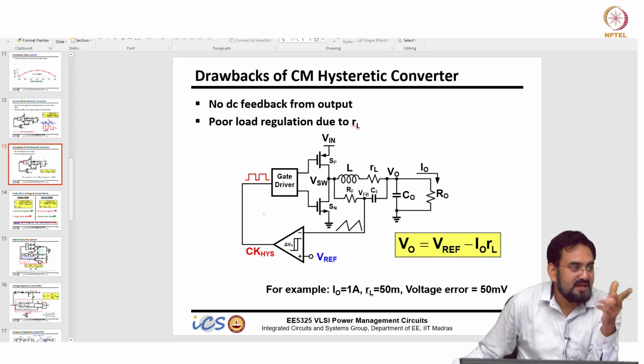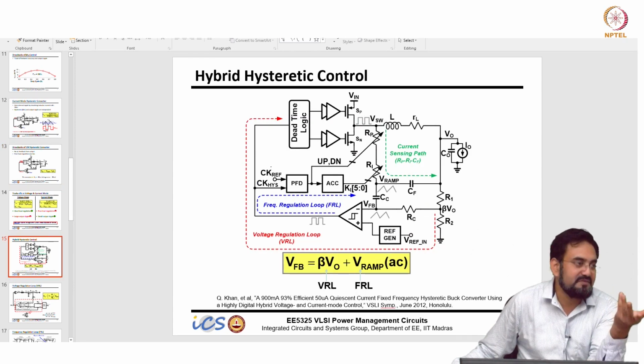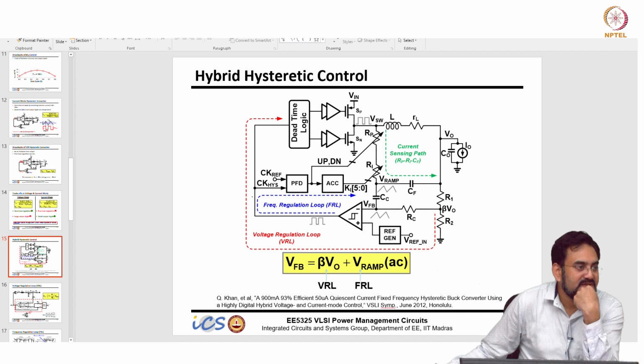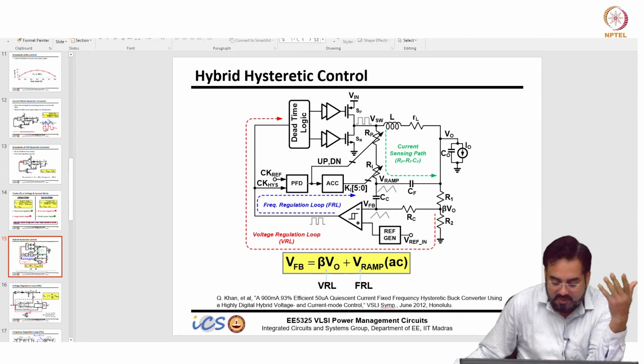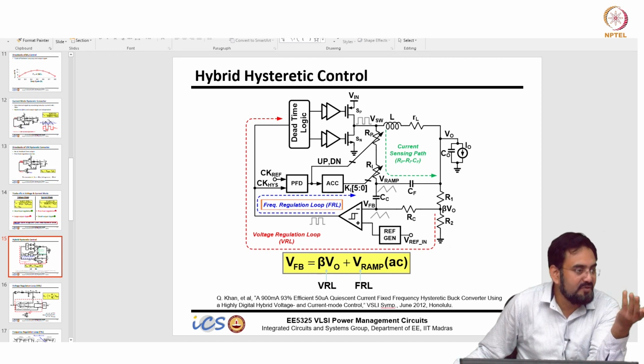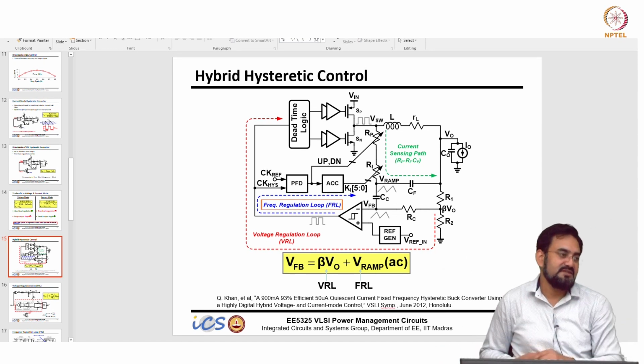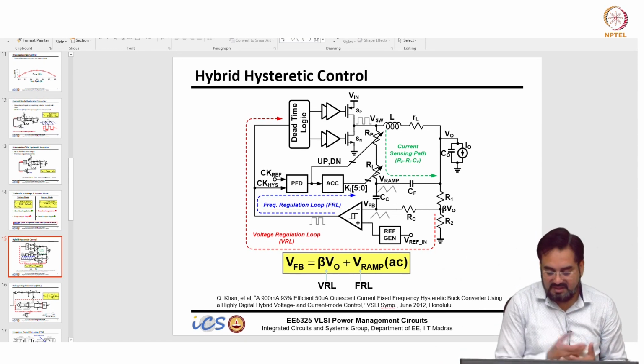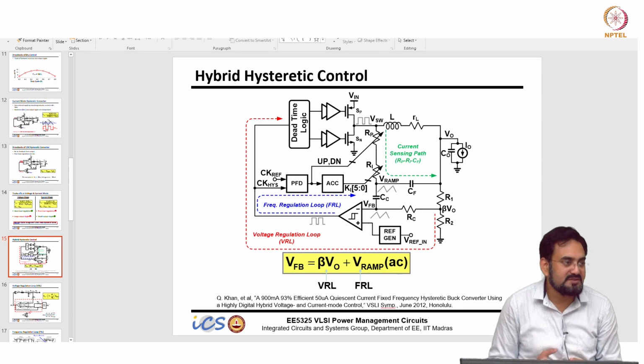One thing you have to remember, I don't want the frequency to be locked in PFM, so you have to disable this FLL in PFM, that's it. Otherwise it will try to force the same frequency and you will never go into PFM mode. So the moment you enter PFM mode, you disable this FLL and the PFM loop will take over, and the same comparator, everything else will remain the same, they can be used as is. So the control is simpler here, no compensation is required. The PFM mode is also simpler because we are using the same comparator in both cases.